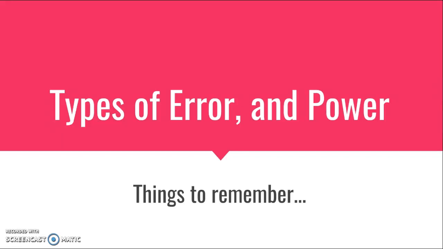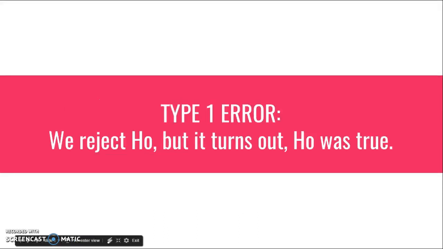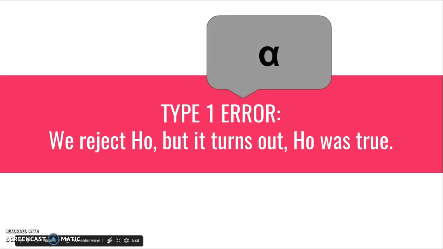Okay, so I'm going to talk a little bit about error and power. So a couple of things to remember. Type 1 error is when we reject the null hypothesis in our hypothesis test, but it turns out in reality the null was actually true. That is type 1. And we use the symbol alpha to represent the probability of a type 1 error. And that is the same alpha that we use for the level of significance. So they are the same thing. Whatever you set as your level of significance is going to be the probability that you make a type 1